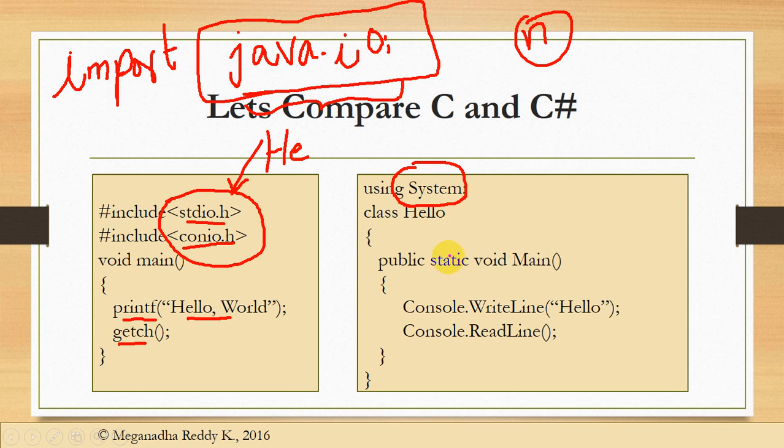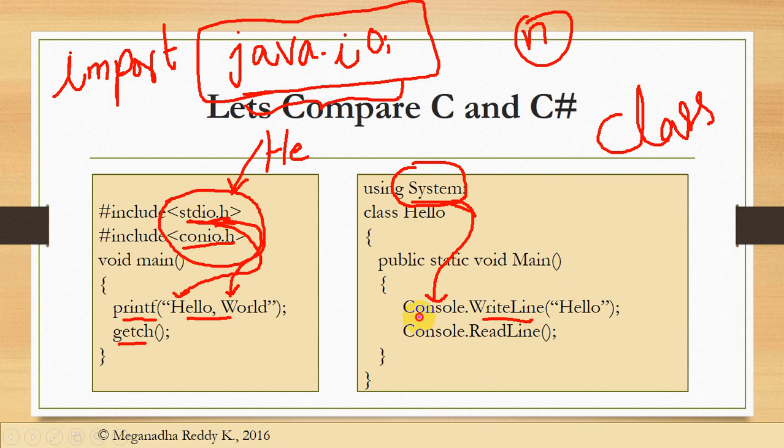Now a namespace will not directly contain methods. Here a header file directly contains methods, but in C# for modularity and reusability they added a concept called a class. In all object-oriented programming languages, compared to procedure-oriented ones, we get introduced to something called a class. Class and object are the two main things behind object-oriented programming languages. So instead of a header file directly having a method, in C# a namespace will have classes and a class will have methods.